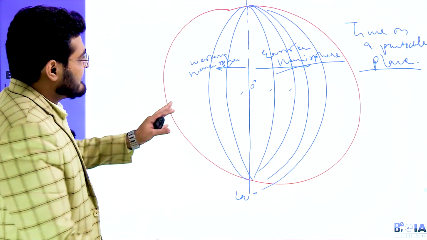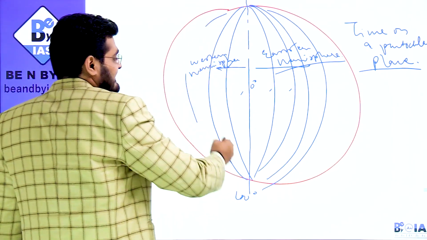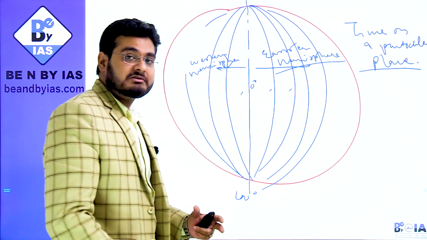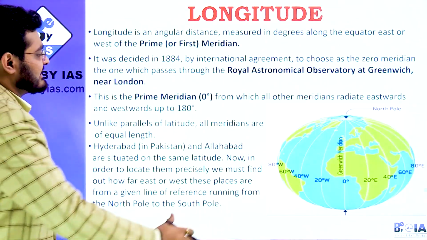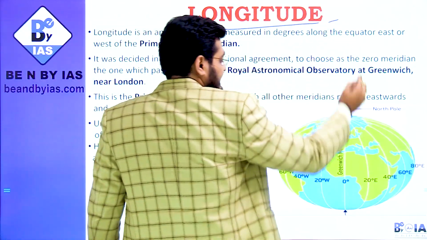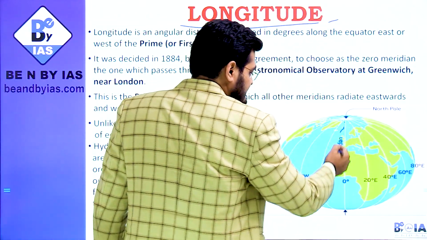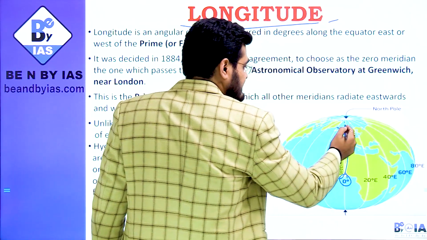So this is a bit about longitudes. As I have told you, it decides the time. How it does that, we will discuss in our next lecture. As far as longitude is concerned, look over this slide, and here you can see very clearly it is given: the Greenwich meridian, that is at 0 degree, and that is the equator.